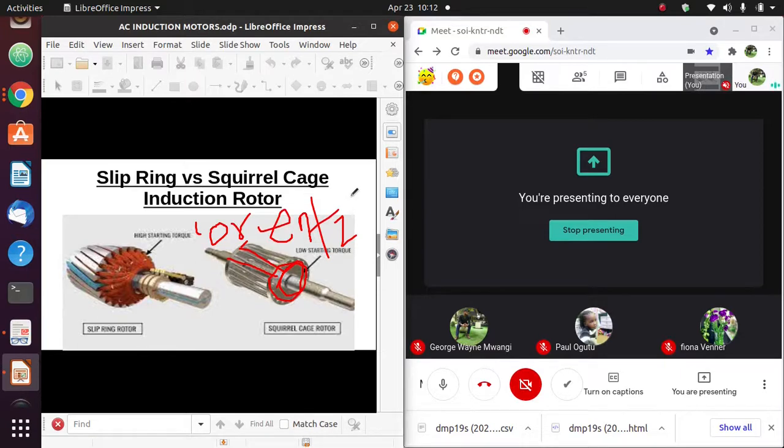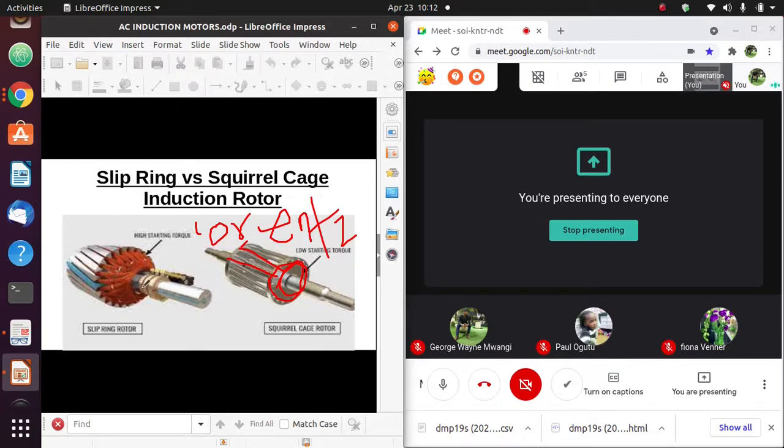When you have a current conductor in a magnetic field, then that conductor will experience a force. Now, since we have so many conductors in this squirrel cage rotor, the cumulative force will cause this rotor to rotate in the direction of the rotating magnetic field,